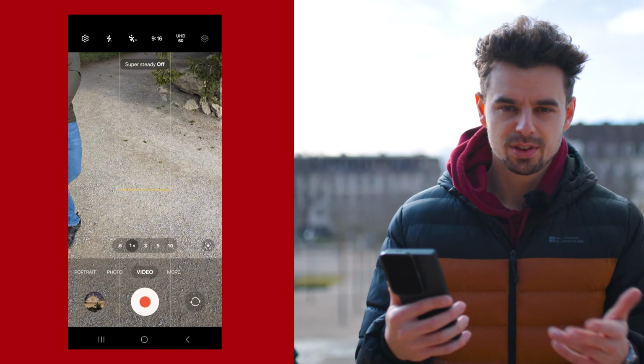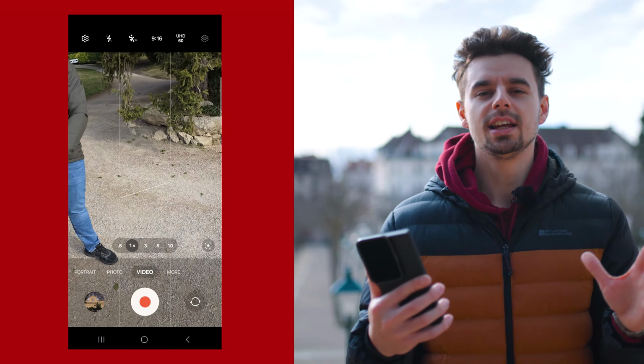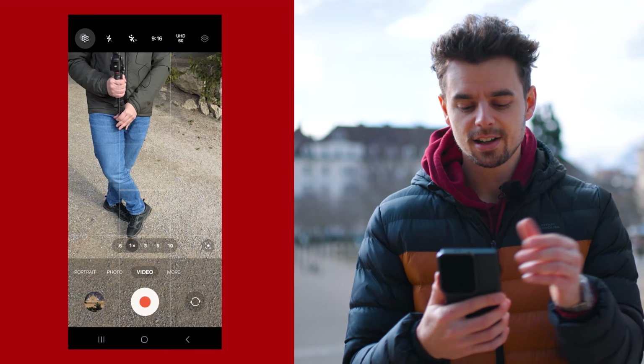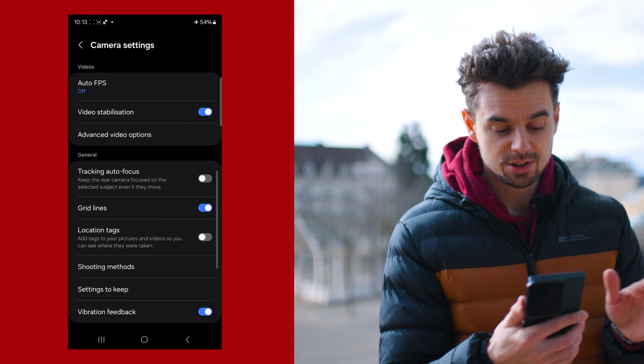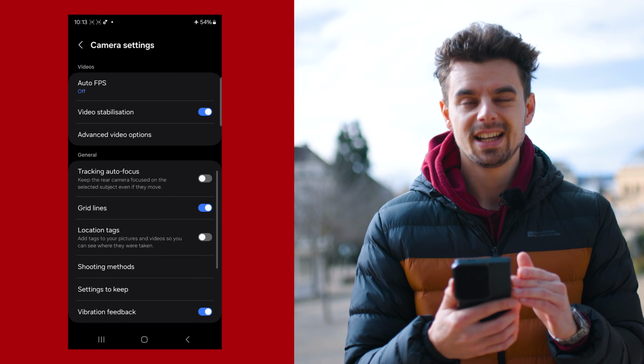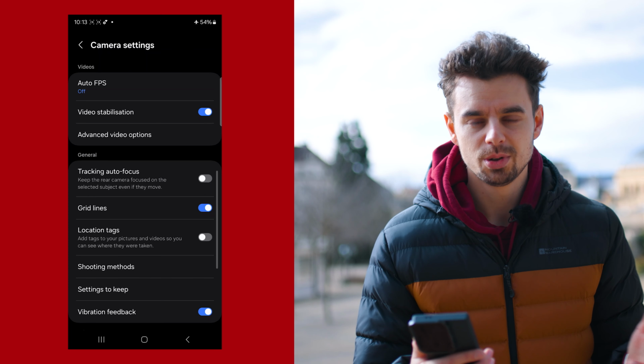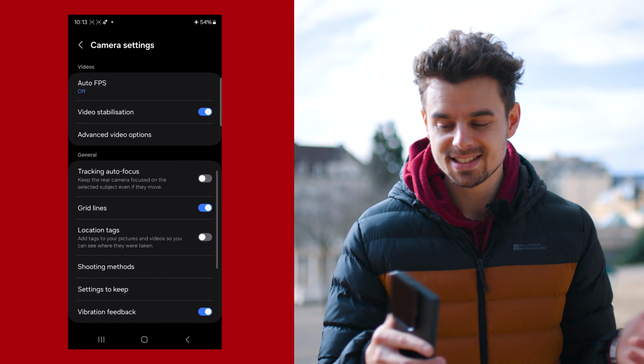I've always turned off the flash mode unless I really need it and I have no other light source at all. And then we can also check the other camera settings. Auto frames per second, I've turned that off. Video stabilization, I like to turn that on unless I'm shooting with the third-party lens, one that I have on